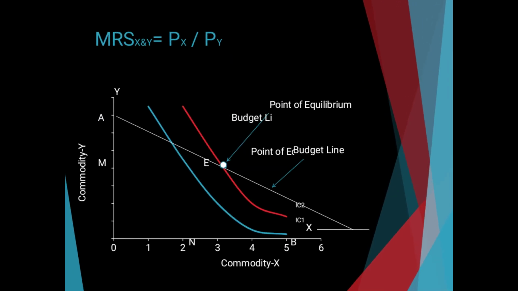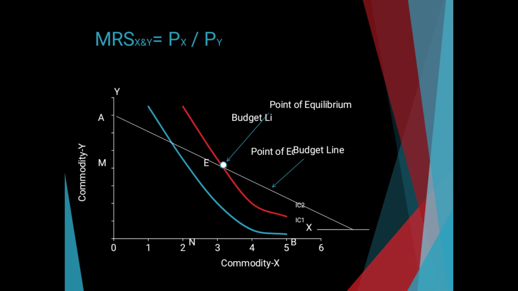Now this is the graphical presentation of consumer equilibrium through the indifference curve analysis, or the ordinal utility concept. On the y-axis we have taken commodity Y, and on the x-axis commodity X. When we plot the points, we have indifference curve 1 and indifference curve 2. Where the budget line, or the price constraint, meets the indifference curve, it gives the higher level of satisfaction to the consumer, and that gives the point of equilibrium, the consumer's equilibrium.